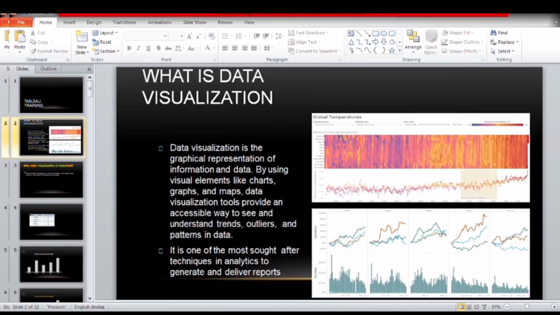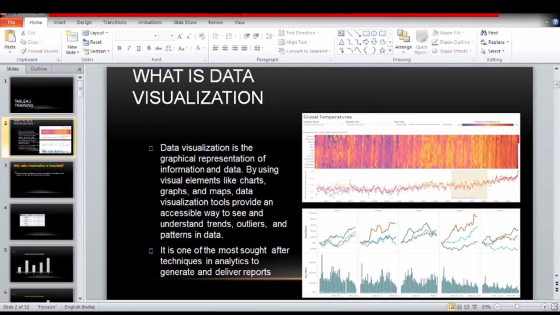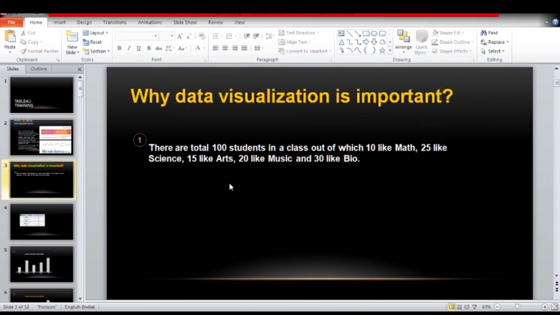First of all, if you are starting with this visualization tool, that is Tableau, the question you should be clear with is why data visualization is important. So let me tell you, see this question: there are a total of 100 students in a class, out of which 10 like maths, 25 like science, 15 like arts, 20 like music, and 30 like bio. Okay, so the first way of passing this information to the stakeholder is the textual format, which is like this,